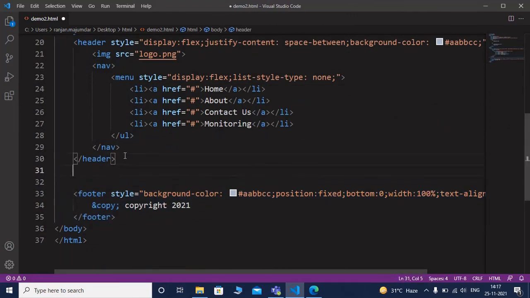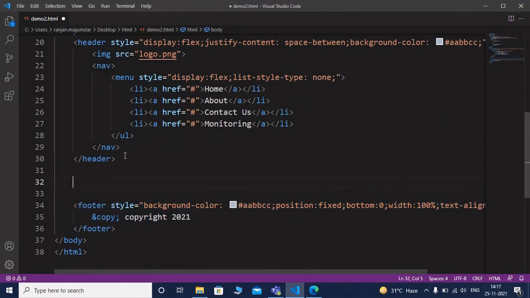Now I am going to explain an important element of HTML5 document, that is main. It should be written within body tag and included newly in HTML5. It is used to accurately describe the primary content of a page. Main element should not be used as child of article, aside, header and footer. So main element should not be written within header and footer. It should be written within body tag. It should contain the main content of an HTML file.